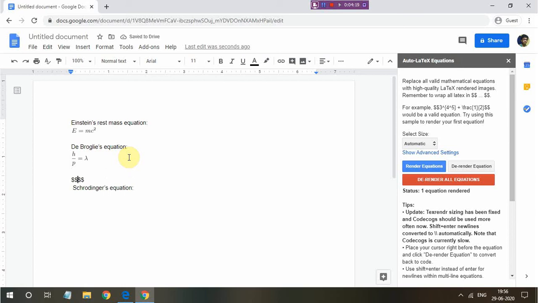There is no ultimate symbol for h cut, but you can use h bar, and just h bar, no hyphen in between or anything. So h bar equals, we want to write h over 2 pi, so that will be a fraction, h over 2. And when you're using pi, just give a backslash and pi, and this would do.